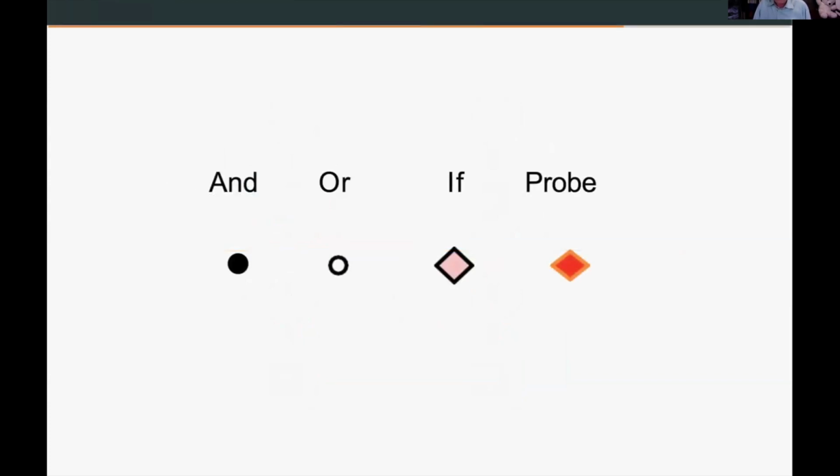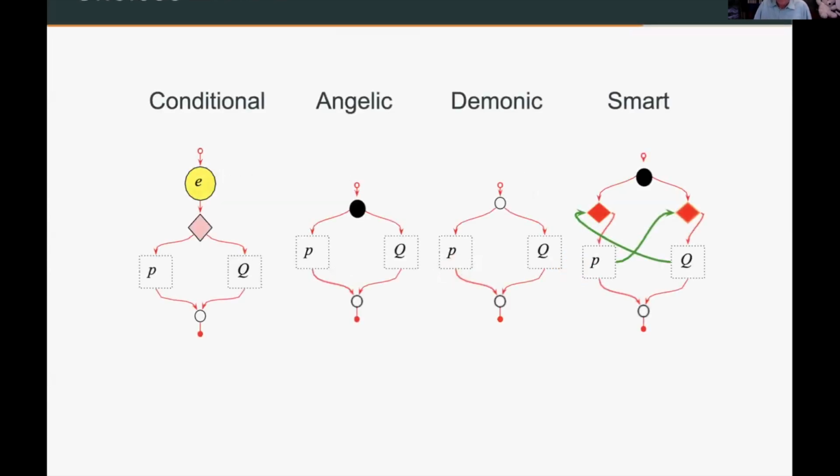And so you have the obvious and and or, which we'll see in a minute. For any programming language to be complete, you need some kind of conditional. So those are the first three. And then it turned out, at least I think, I need something which I'll call a probe, and I'll explain. So you can think of, described here, four kinds of choices.